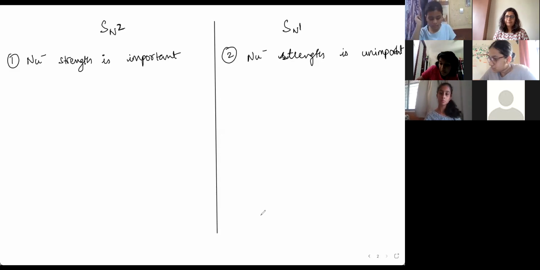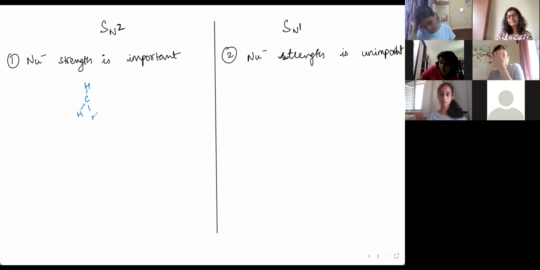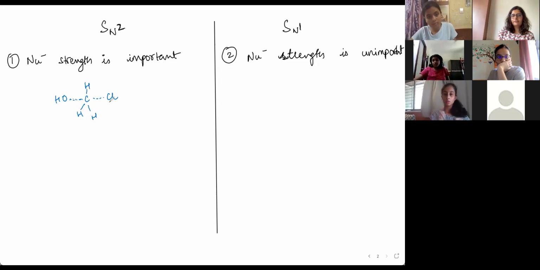Since SN2, for example, we are taking OH or chlorine, the chlorine bond breaks as OH is entering. But in SN1, the bond already breaks, so that is why it is not that important. Absolutely. That's where the difference is. So if the nucleophile is not strong enough, it won't be strong enough to kick this out. Remember, SN2 में, both of this is happening simultaneously. Think of it as a tug of war between the entering nucleophile and the leaving group that's already there. So whichever is the stronger one, that's going to win in the end, which is why nucleophile strength